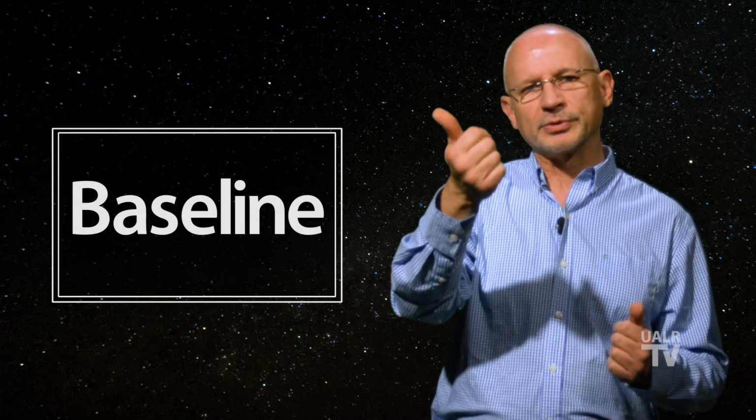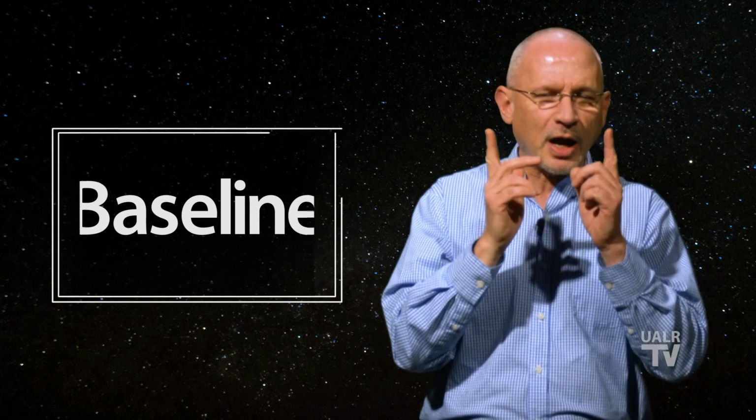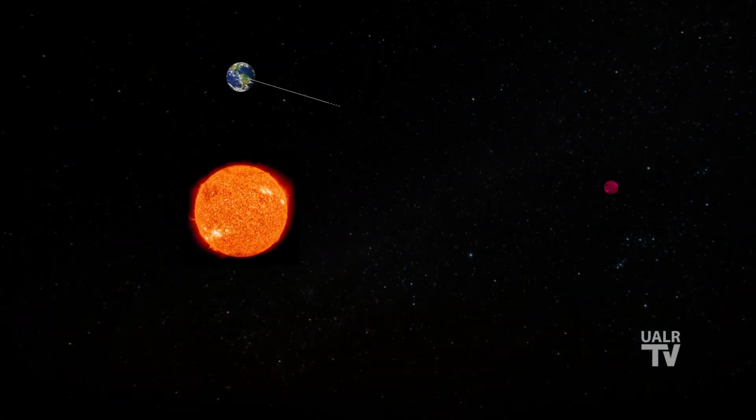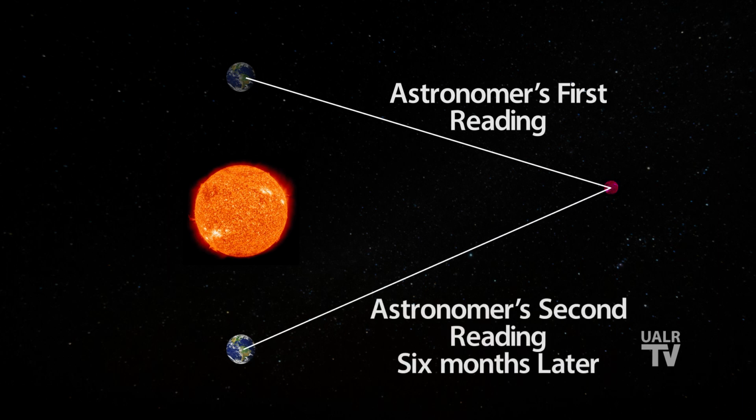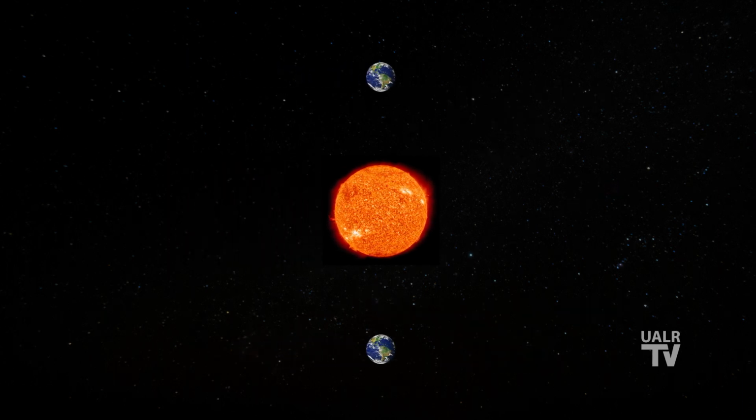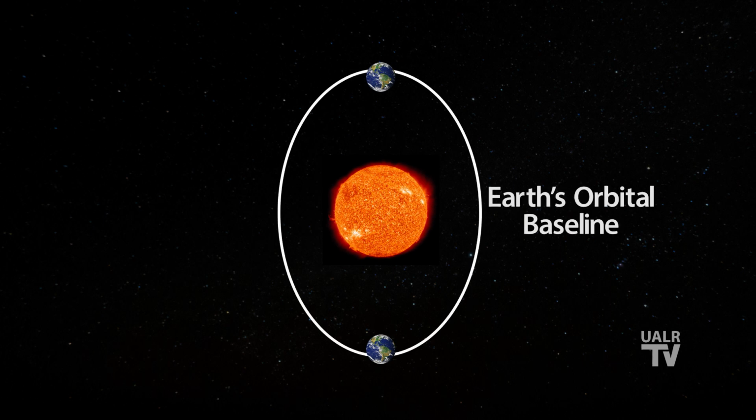First off, we must establish a baseline. When we did the exercise of holding our thumbs out in front of us, the distance between our eyes was our baseline. But when measuring something as far away as a star, we must have a really big baseline. Astronomers will take a reading on a given star's position upon the sky, and then 6 months later, when the Earth is now on the opposite side of the Sun, they take that same reading again. By knowing the size of the Earth's orbit, they can establish this requisite large baseline.